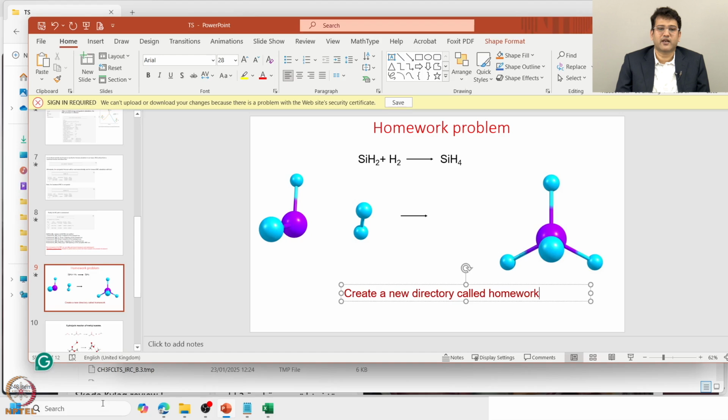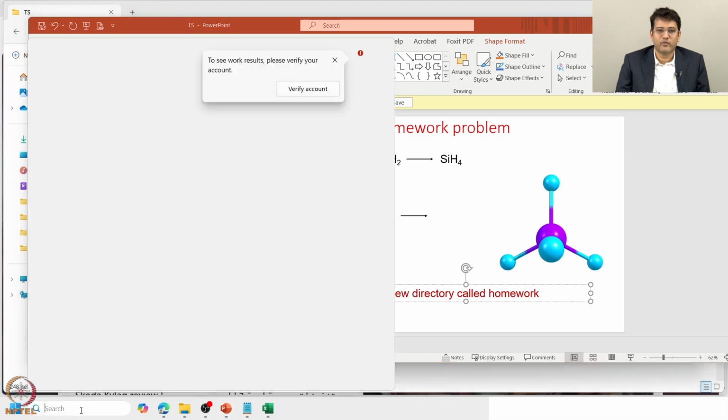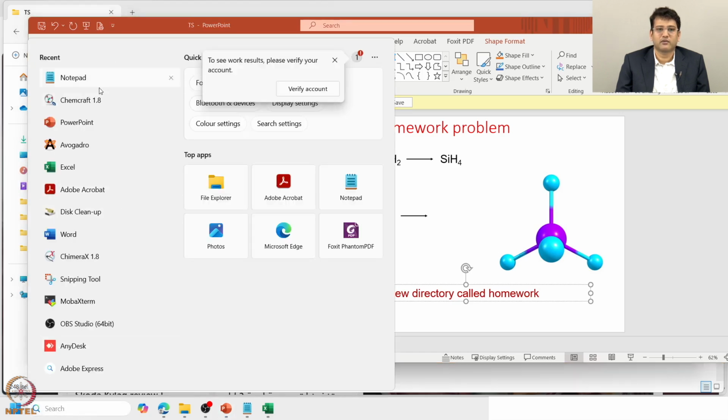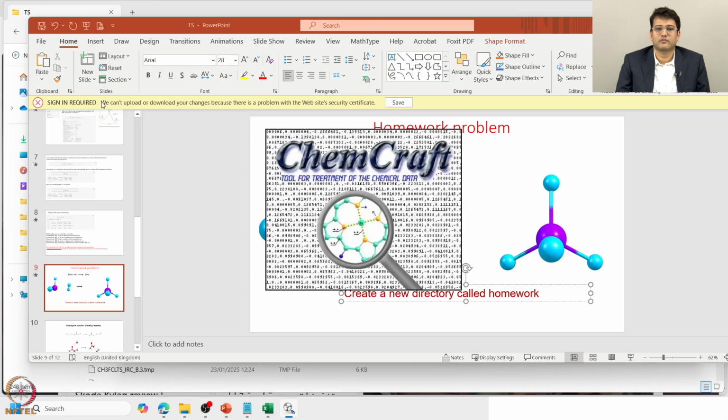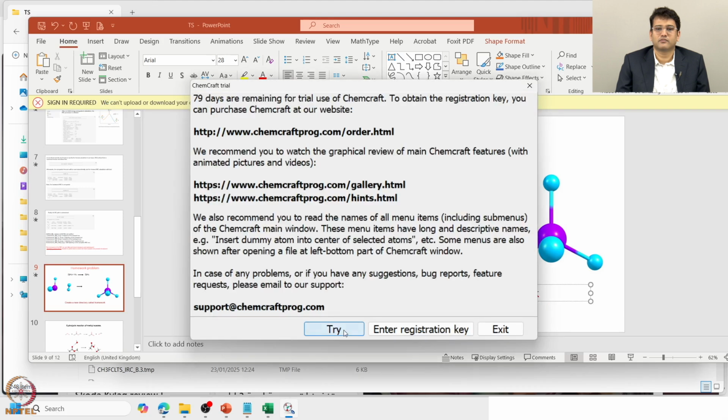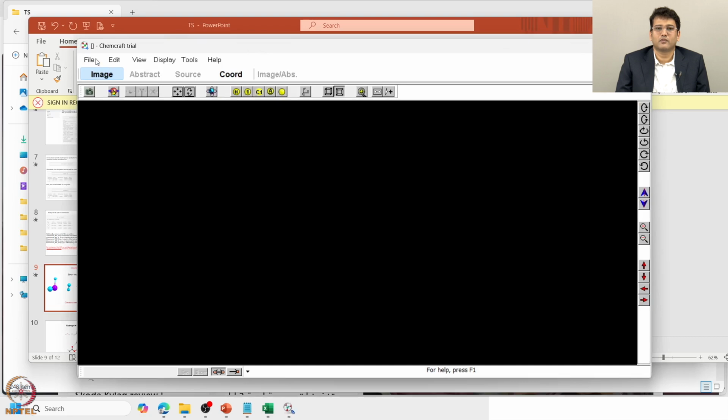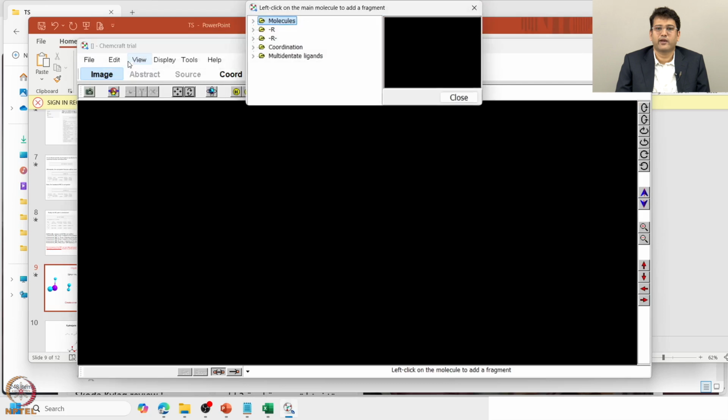To do that, let us first make the structure. I will use Chemcraft to make it. I will go to add fragment, molecules, simple compound. I will start with methane,